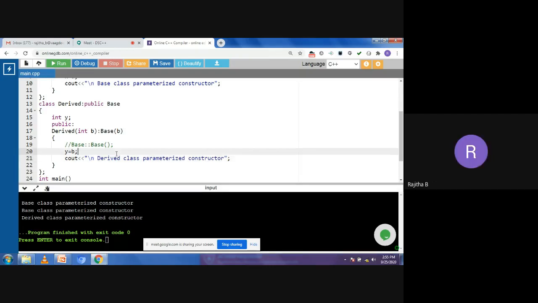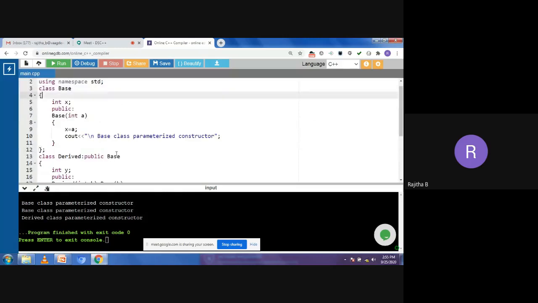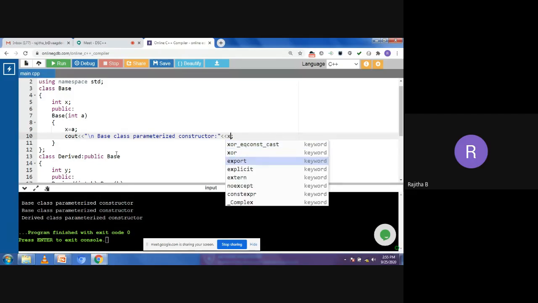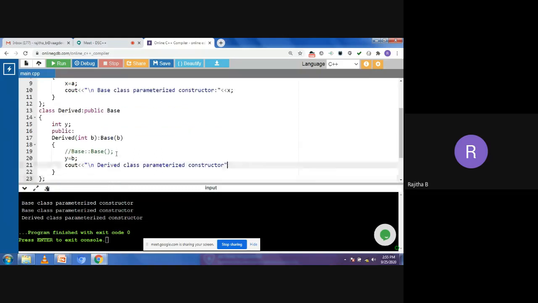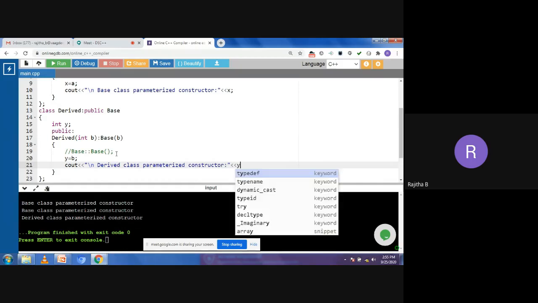And I need to print the values also. So in the base class parameterized constructor I print the value, that is x. Then I come to the derived class and print the derived class object's data member value.